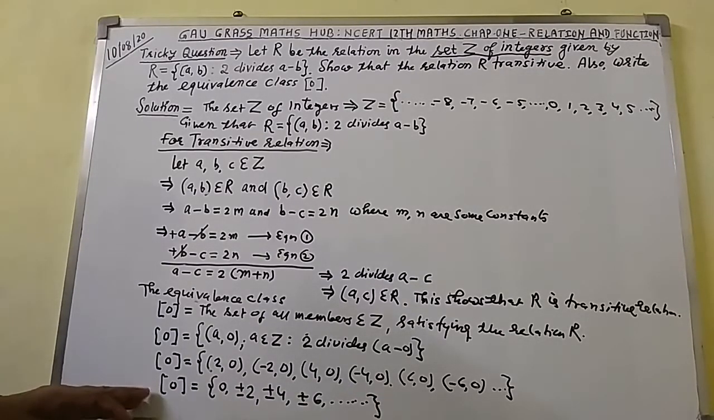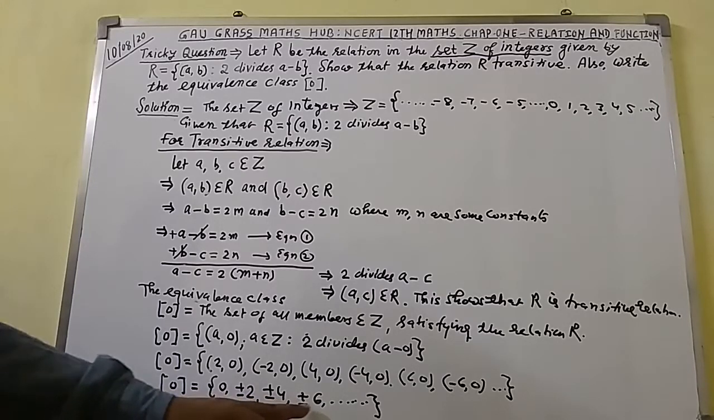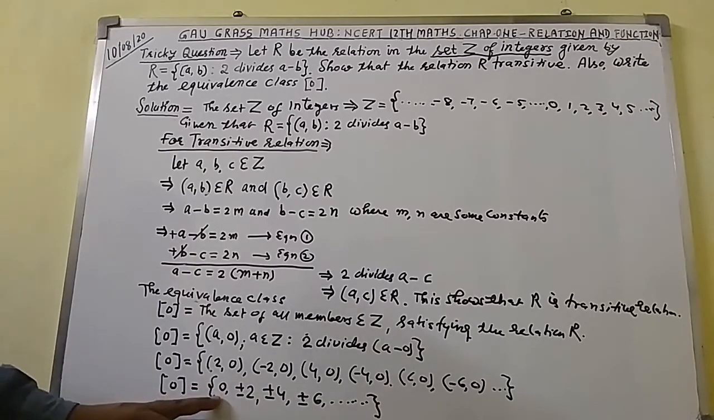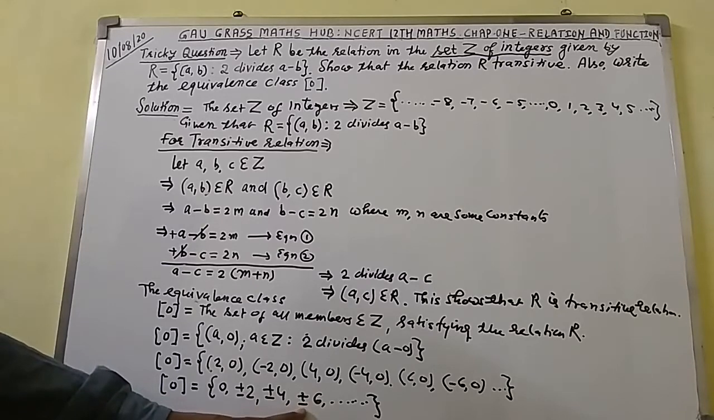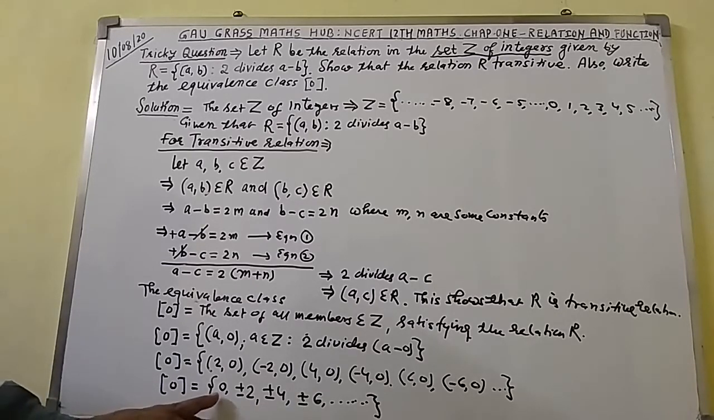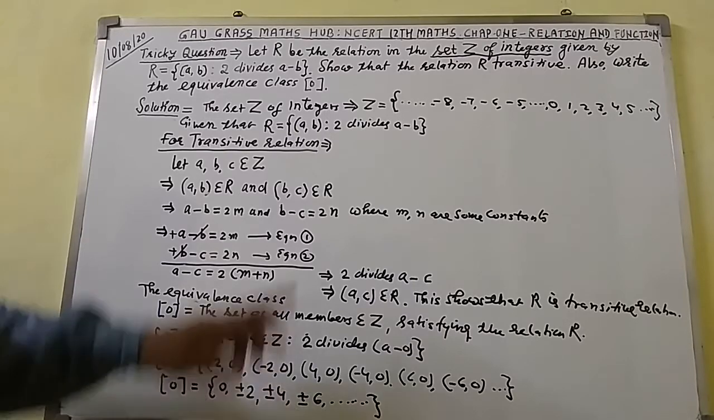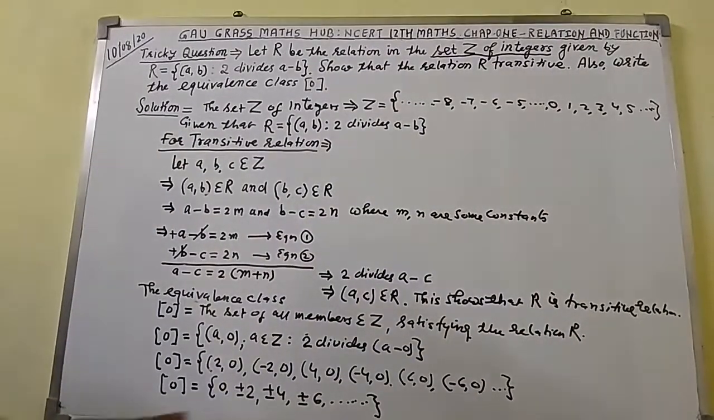So the equivalence class of 0 will have members 0, plus minus 2, plus minus 4, plus minus 6. Here you can see 0 minus 0 divided by 2, plus minus 2 divided by 2, plus minus 4 divided by 2, plus minus 6 divided by 2. So all these members belong to capital Z, and all these members can be easily divided by